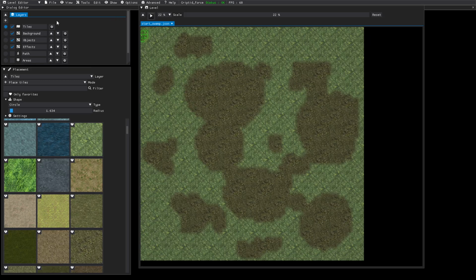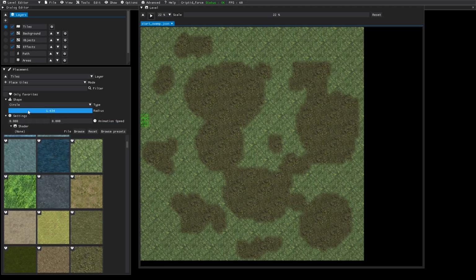So what we're going to do is just briefly cover the components in this level editor. So you've got your scale, you've got your actual level here that you're editing, and then you've got your shapes and your painting. There is something that I wanted to do here that I didn't do,